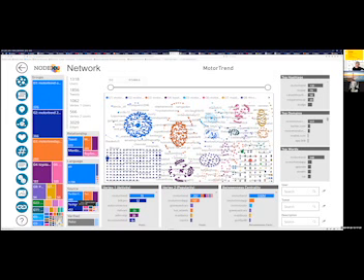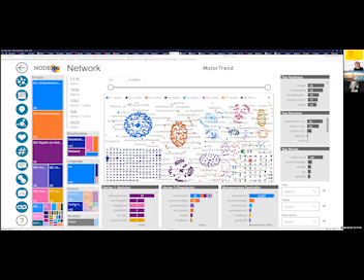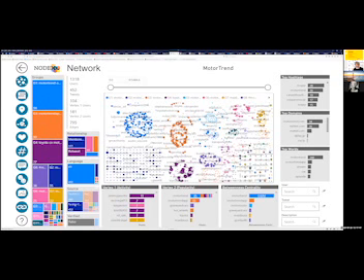If I click on Android, everything else on the screen is now going to change. It's only going to show me the results for people who used Android to tweet. And that means that what they linked to just changed. What words they used just changed. Who the important people are just changed. What languages were spoken, what kinds of tweets were made, and who was verified and who isn't.